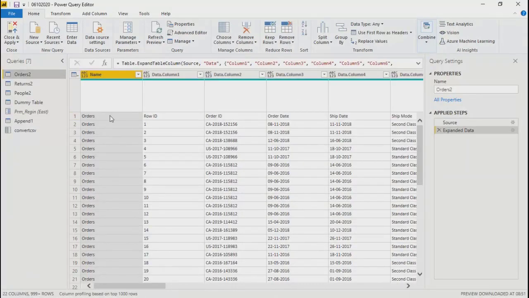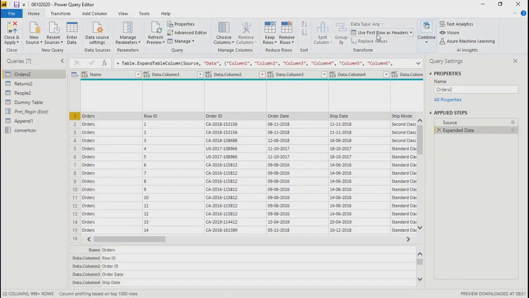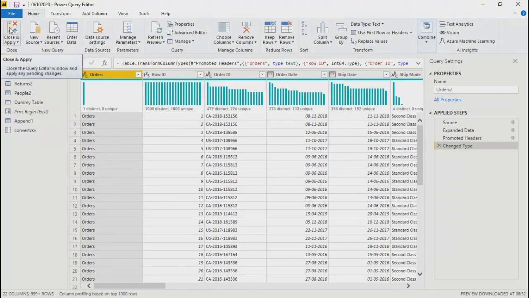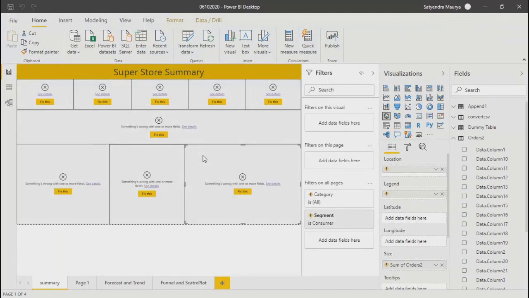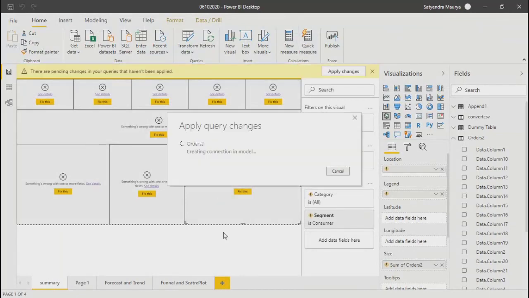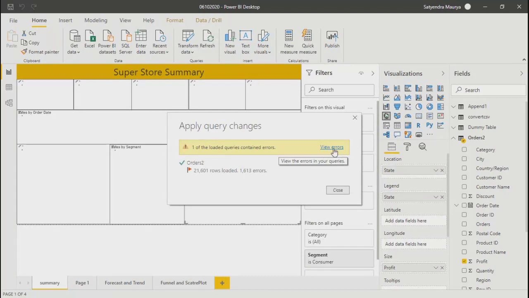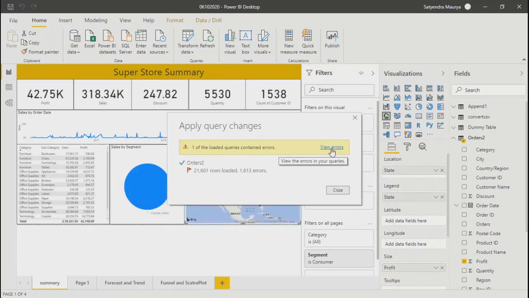Okay, so I'll just convert this row ID, like first row, into headers. Use first row as headers. Now let's go back again. Let's see what happens there. Still few errors are there.